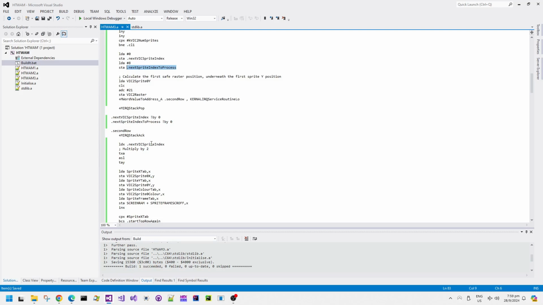It will do a check for the next safe Y position based on the particular hardware sprite that it should be updating next, and then it will do some suitable checks against the raster position, and it will decide whether or not it can schedule a new interrupt,